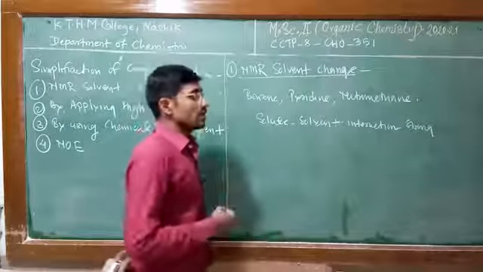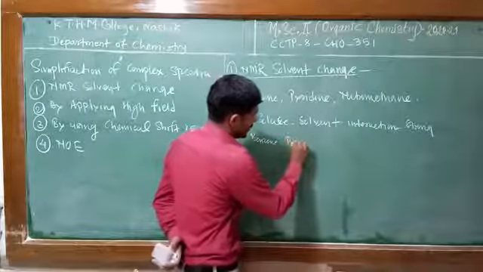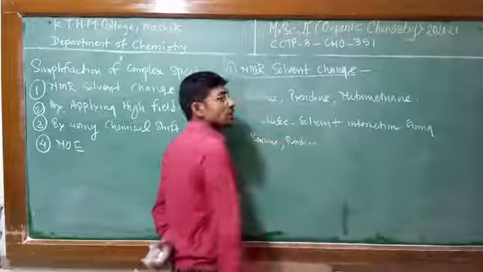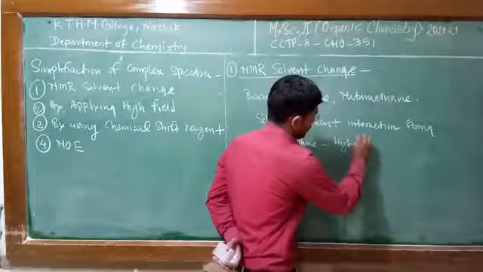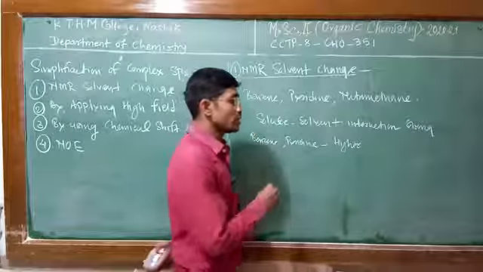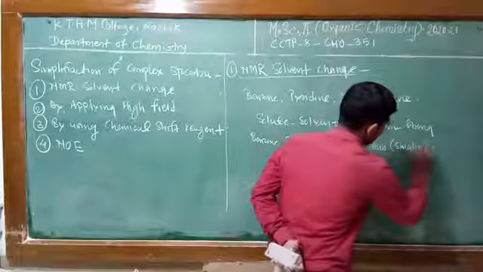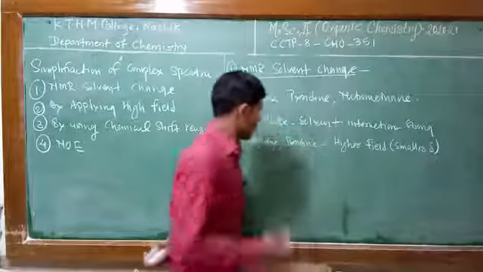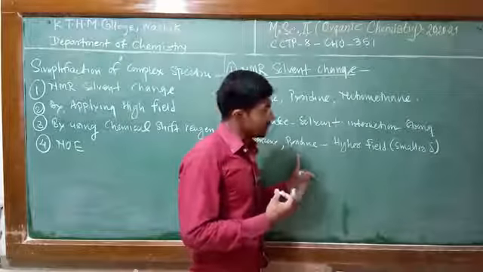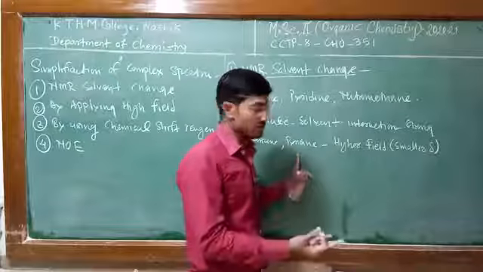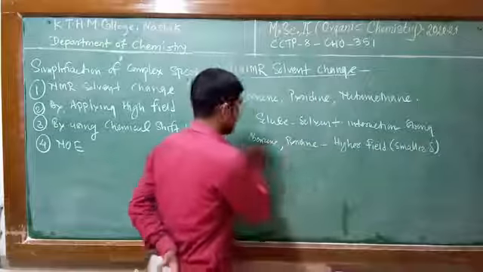So if you consider a solvent like benzene, then pyridine, this solvent shifts the observed chemical shift value to the higher field. Higher field means smaller delta. Because of the solvents benzene and pyridine, the observed chemical shift value of the proton is shifted to higher field, or smaller delta.